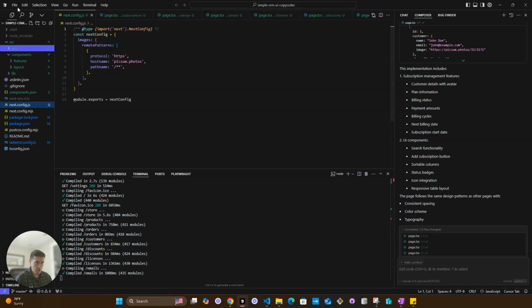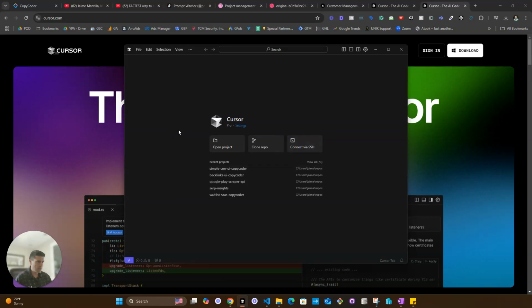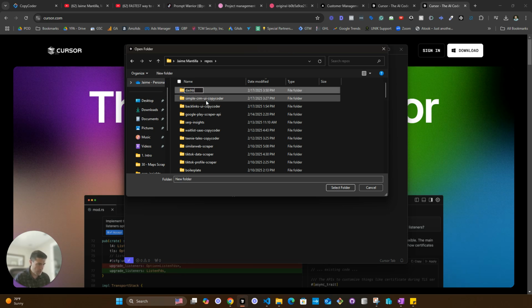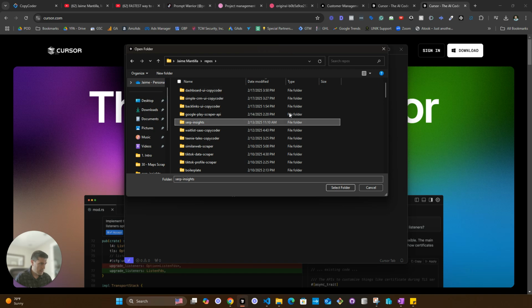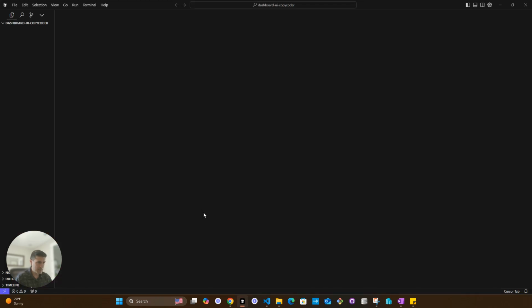So I'm gonna go ahead and open up a new window. I'm gonna close this one out. I'm going to create a new project. My repos, I've generated 2 already here. I'm gonna go here and say dashboard UI, then CopyCoder, and then that's the one that I want to use. These are 2 steps that are necessary in order for the composer to know what's the structure of the file. So I'm gonna go ahead and run